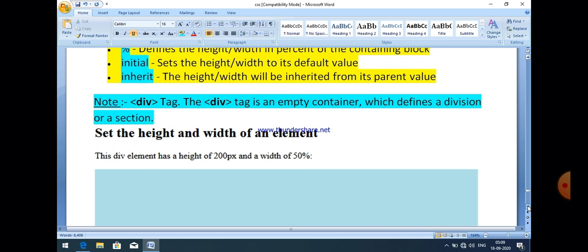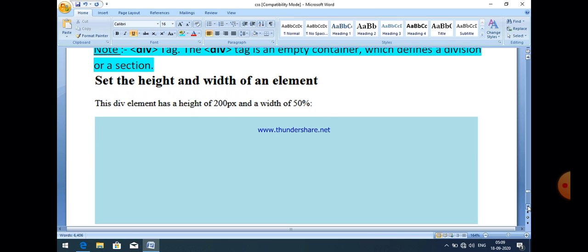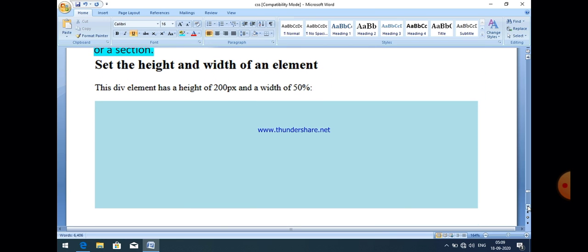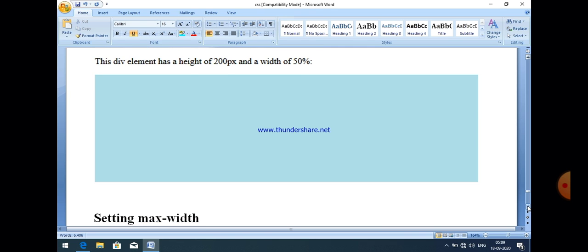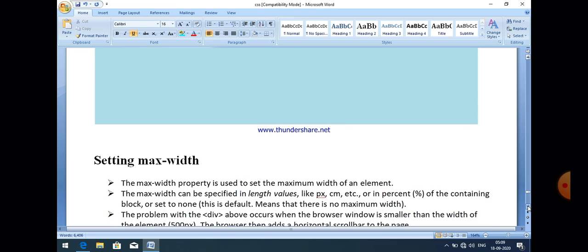So now set the height and width of the element. The division element has a height of 200 pixels and a width of 50%. You can see the example here.